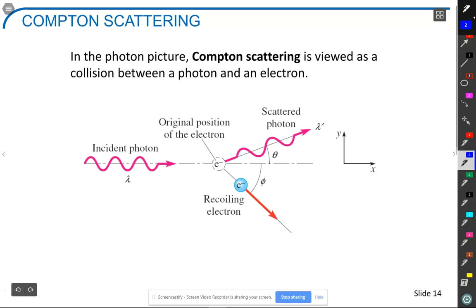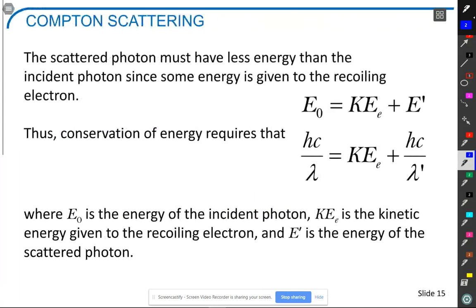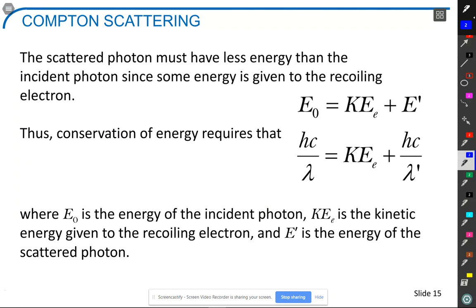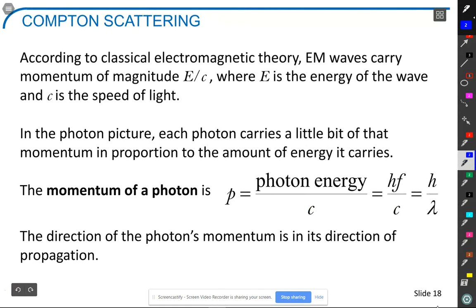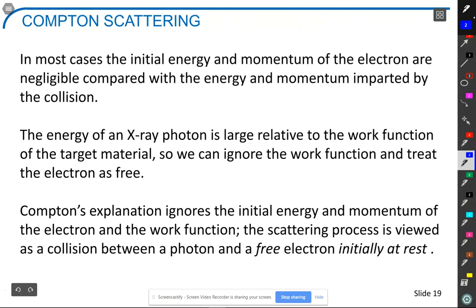The electron is going to scatter because you have transferred momentum, and the photon is going to scatter to a different angle because you have a change in momentum in this direction. And so using conservation of momentum combined with conservation of energy, he was able to calculate that,